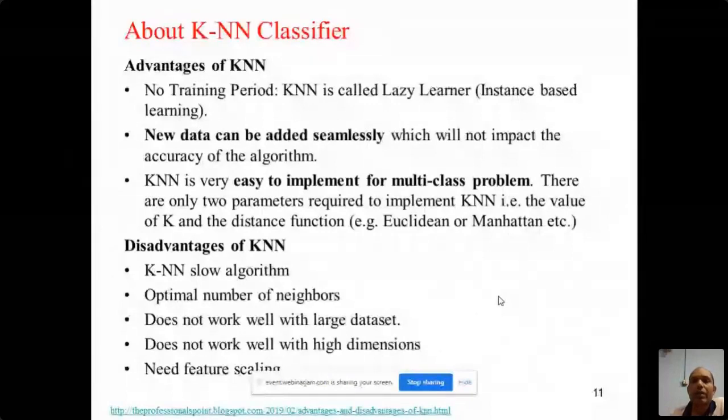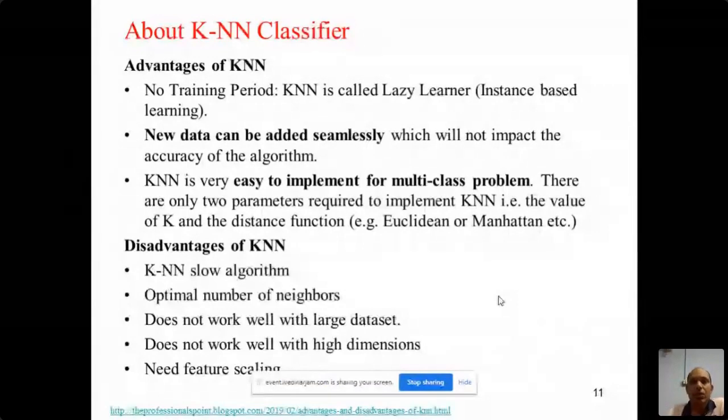In the other models, what basically happens is you train the model a single time, and whenever new data comes, it will recognize whether it goes to this category or that category. But here, every time you are calculating the distance for new data points, and based on that you decide whether this data point will go to that class or that class.